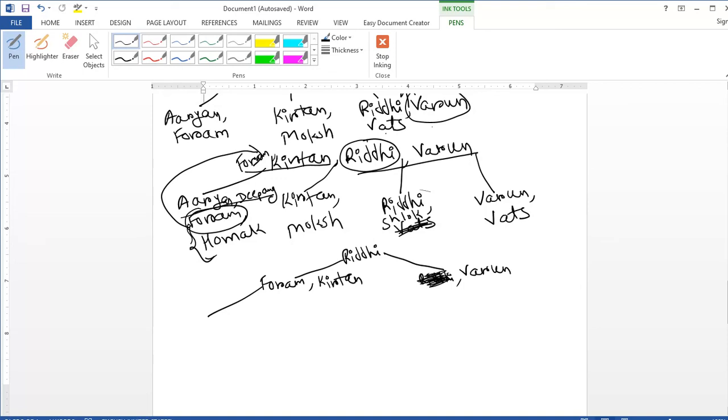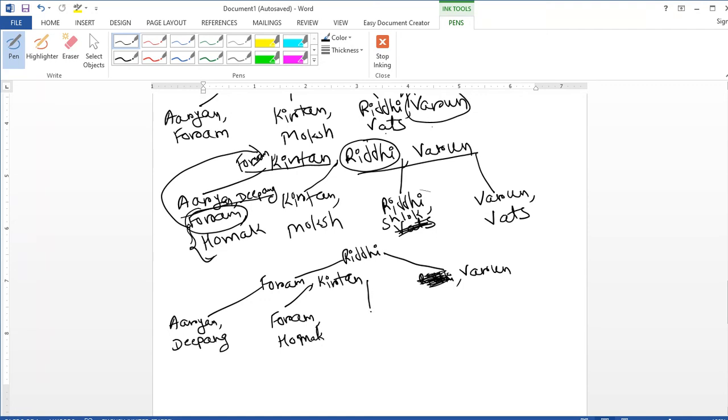Then in the left of Forum we'll have Aryan, Dipang. In the right pointer of Forum, 2 values, Forum and Homak.